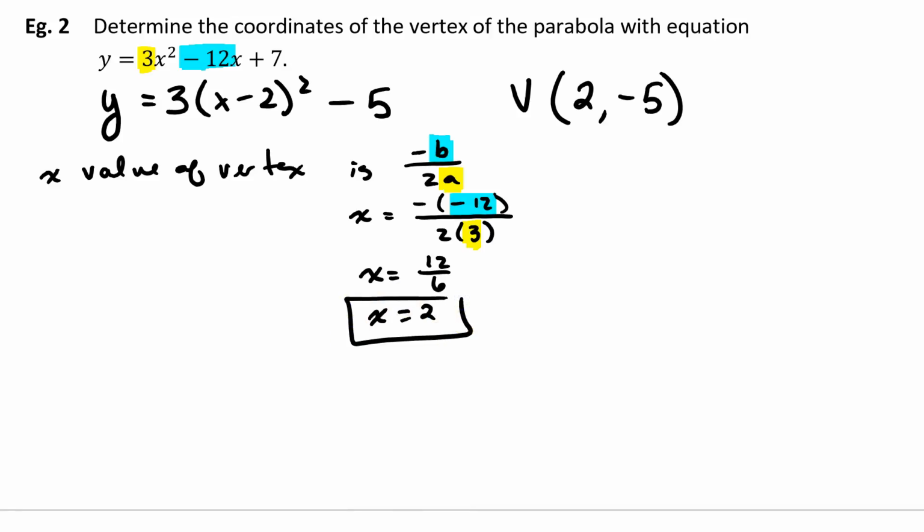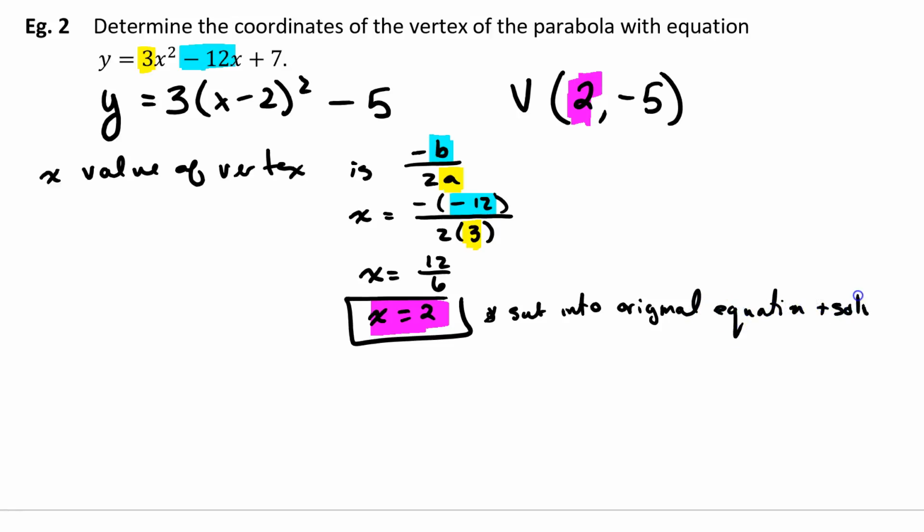And look at that. I'm going to celebrate using fuchsia because that is my favorite color. That is no coincidence. So even though we did factor here, this is an alternate method to find the x value of the vertex other than getting it in the standard form. So what we then do is we sub into the original equation